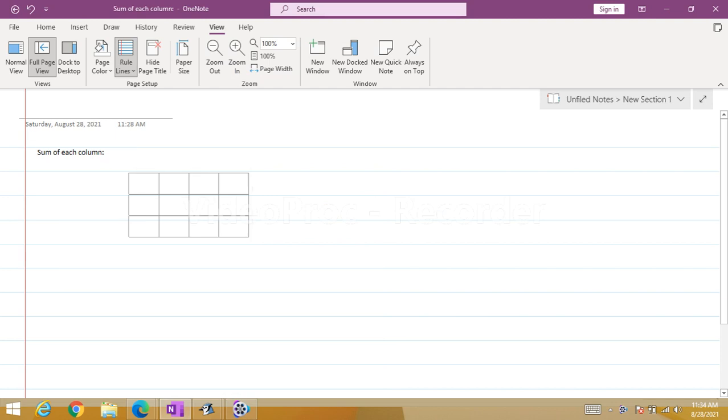Now, if I say that my matrix is of 3 by 4, n is equal to 3 and m is equal to 4, that means the matrix is of the order of 3 by 4. So this is row index 0, row index 1, row index 2, column index 0, column index 1, column index 2, column index 3. The values that you have filled are 5, 6, 1, 2, 7, 8, 9, 1, 2, 3, 4, 6.